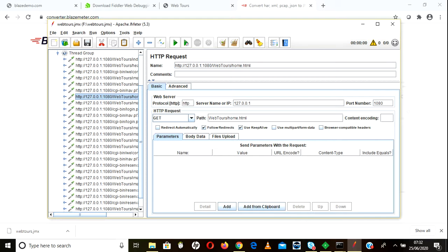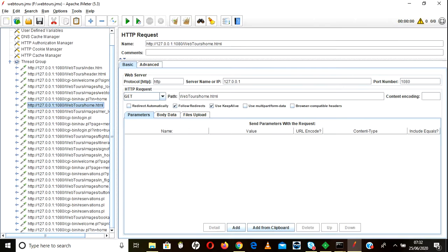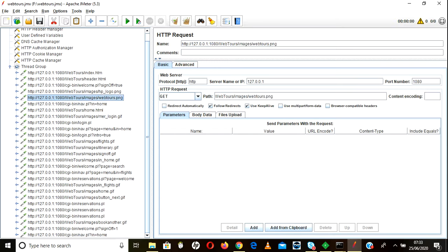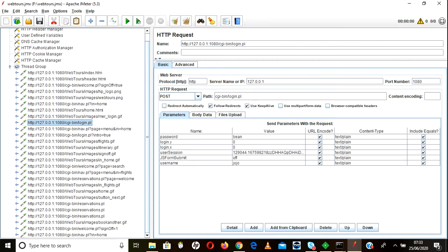If you don't want anything, you have to remove it manually here. If you don't want any JPG files, you can remove them. Just remove all these PNG files. This is login. This way we can record using this one. This is one of the other options for how to use Fiddler.